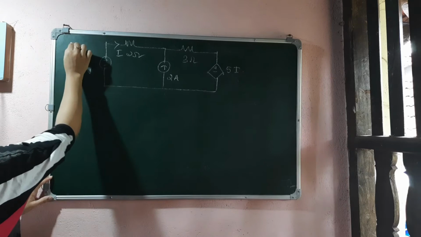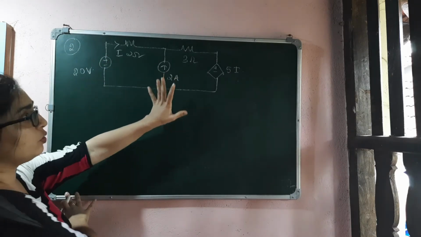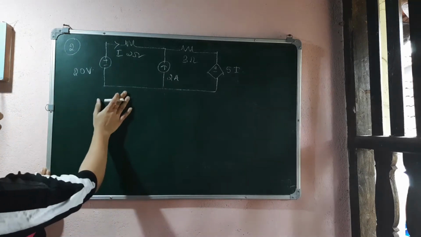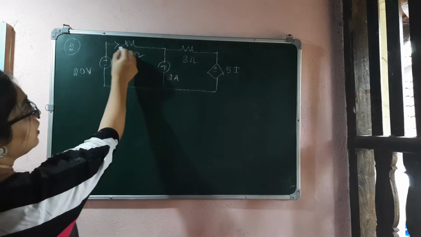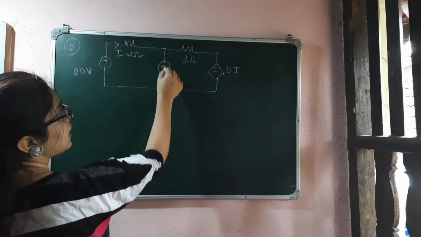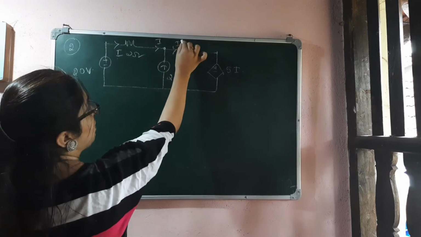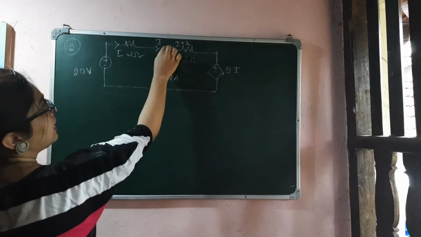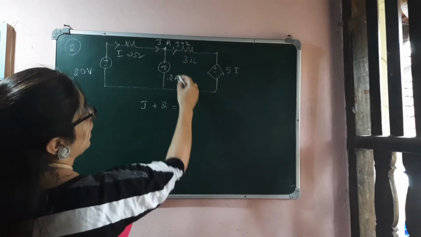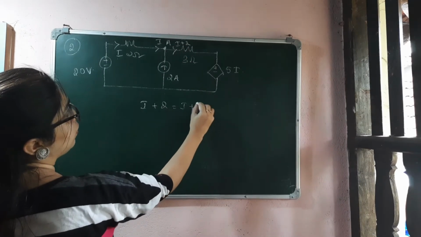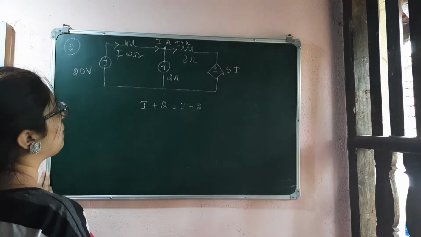So in this problem, we have to find out the current I that is flowing through this circuit. So now I can divide the current. Okay, so if I divide the current, it becomes easy. So here the current I is flowing, and you can see that at this point it is I and 2, so it should be I plus 2, right? Because at this point A, the incoming current should be equal to the outgoing current, so the outgoing current here will be equal to I plus 2.